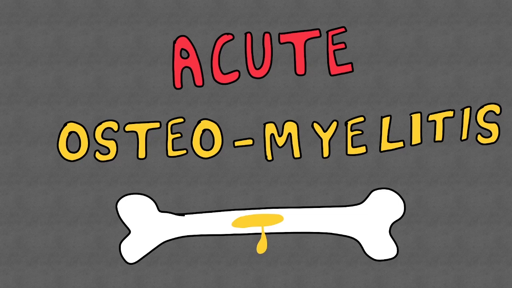Today we are going to learn about acute osteomyelitis. Now in the word osteomyelitis, osteon means bone and myelitis means infection of the marrow, because the primary infection occurs in the bone marrow. Acute here means that the infection has taken place recently and it is usually of less